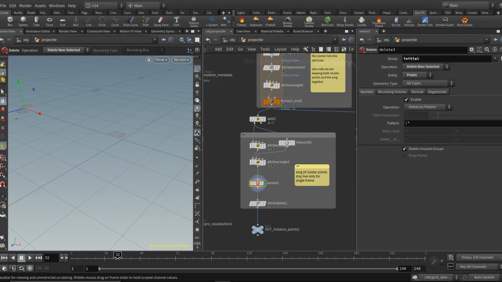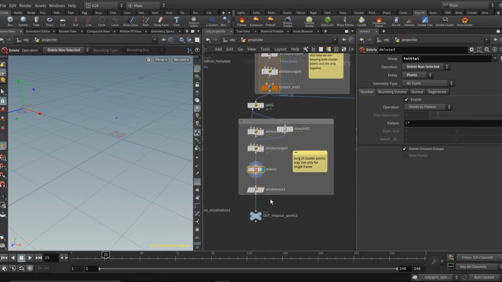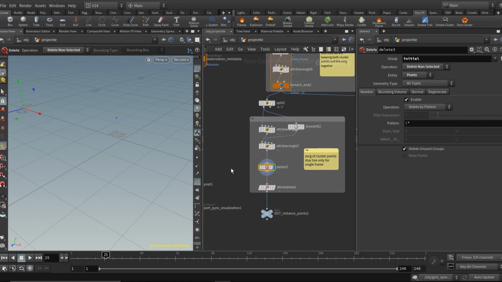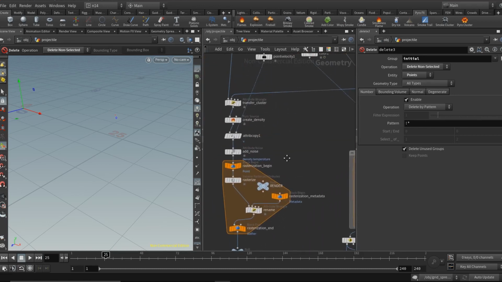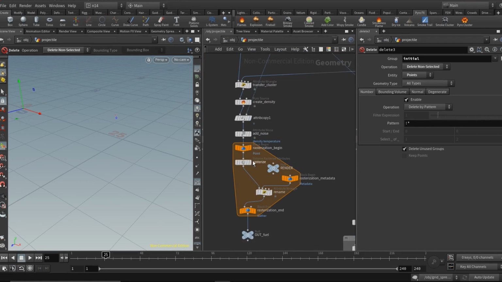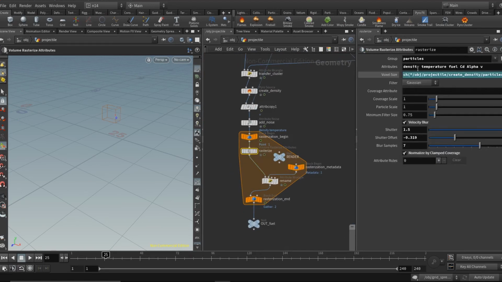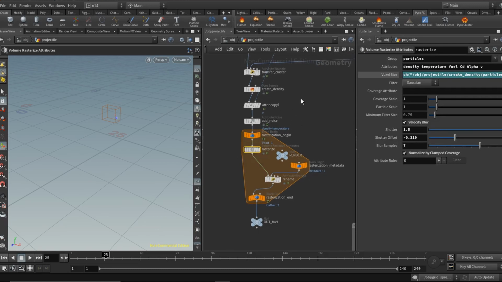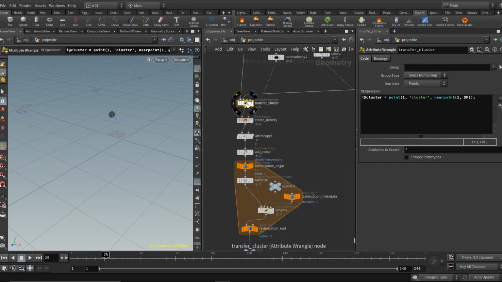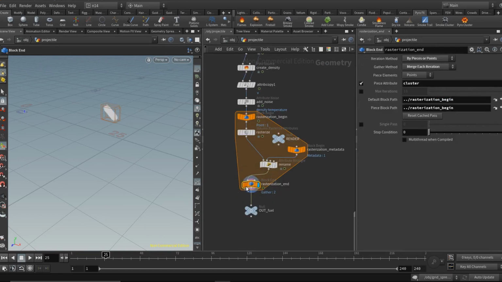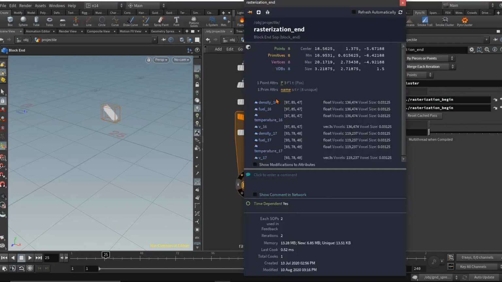This is now giving me the desired solution, where if I highlight that point, we will find that the average of these cluster points gets created only at one particular frame. The moment the source sphere comes there, this gets activated, and then at the very next frame it gets deleted. Now let's move on to this side of the chain, which is responsible for creating all these volumes. And we have made sure that the cluster attributes are also transferred here. So we have these fields created for each of those clusters.